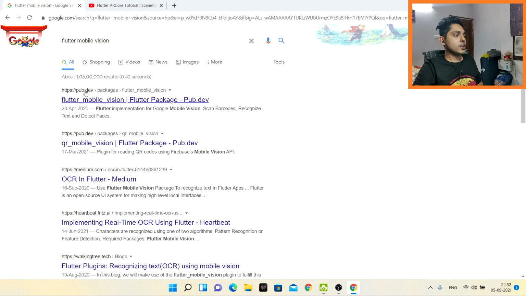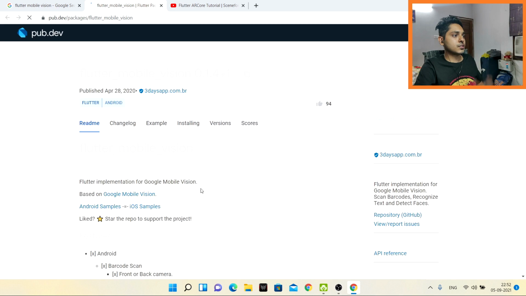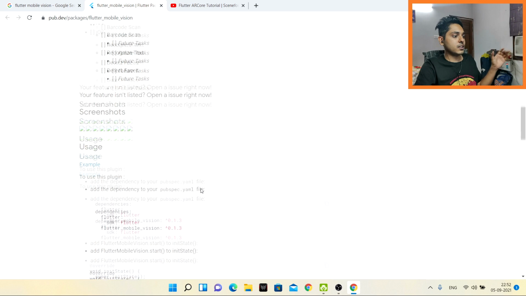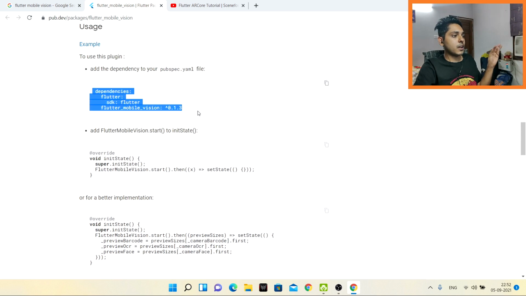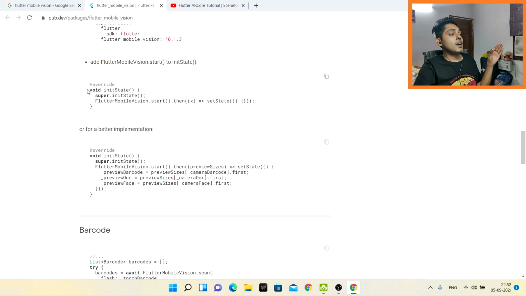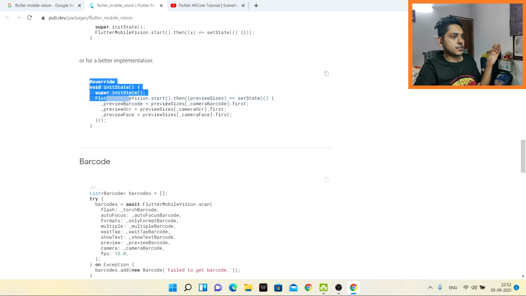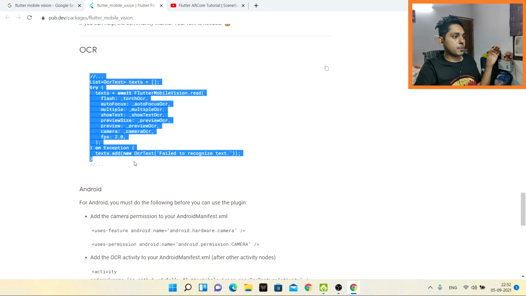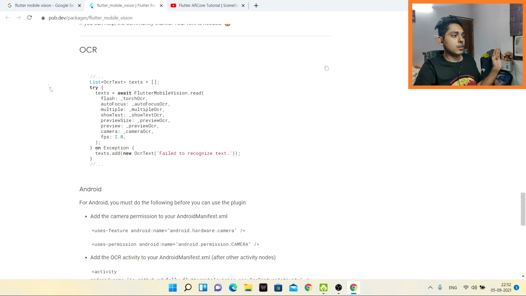So first of all, what you're going to do is search for Flutter Mobile Vision. You will come up with these options. Click on the first option, and this is a library that you can use to get that OCR functionality. It's very easy to implement. You have to just add this dependency, and then put it in the void init function. Other than that, for OCR you have to just copy and paste the whole code there, and you will probably get all the text